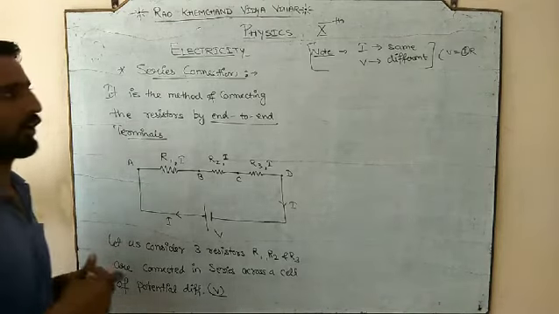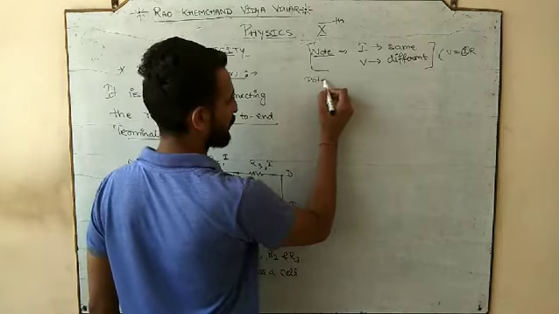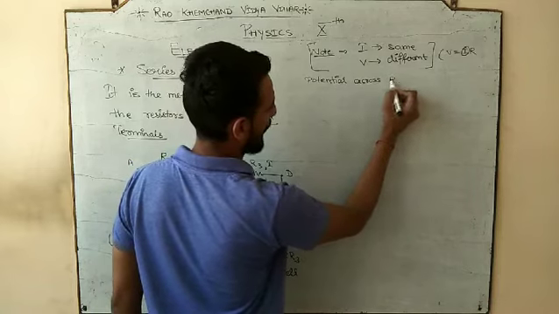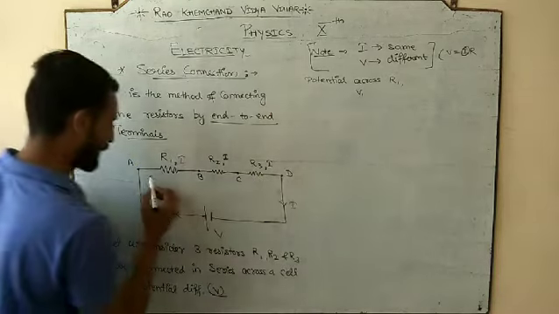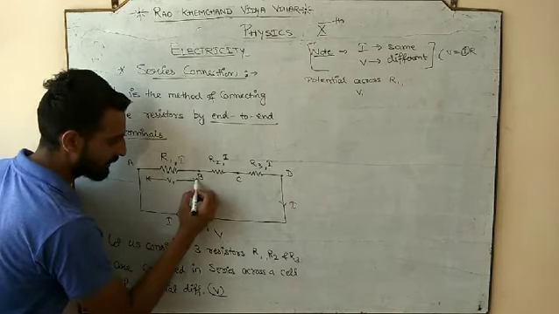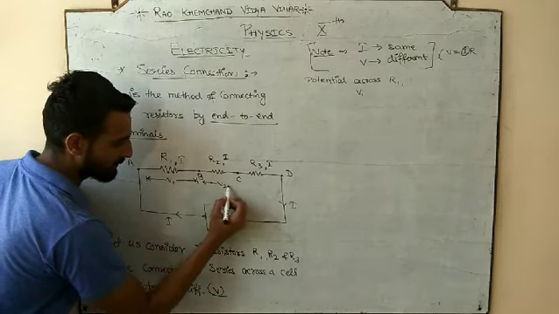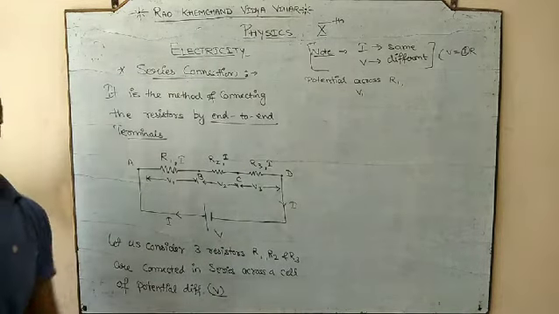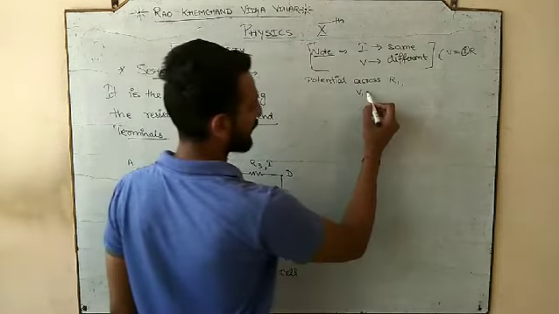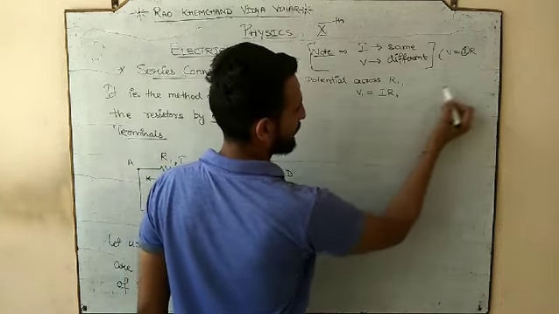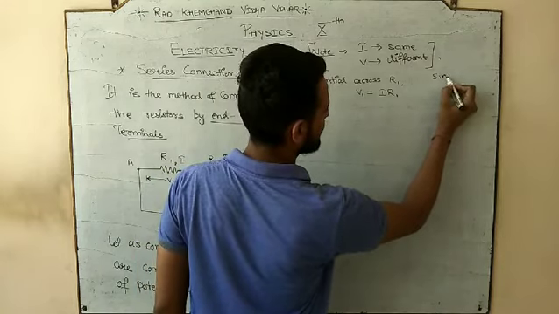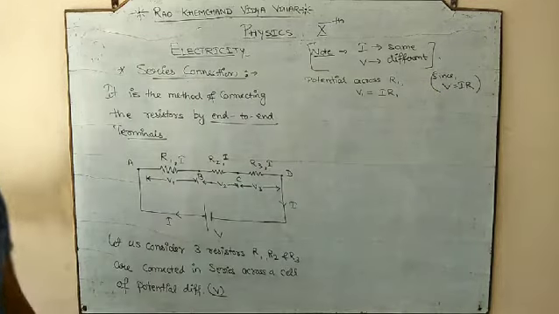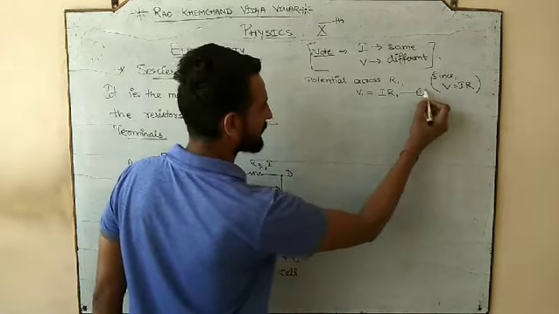Now let us try to study all. So now we are going to calculate what? Potential across R1. Let's suppose that potential across R1 is V1, potential across R2 is V2, and potential across R3 is V3, because all have different resistors. So V1 is equal to IR1, since V is equal to IR by using Ohm's law. So what would be V1? It would be IR1.